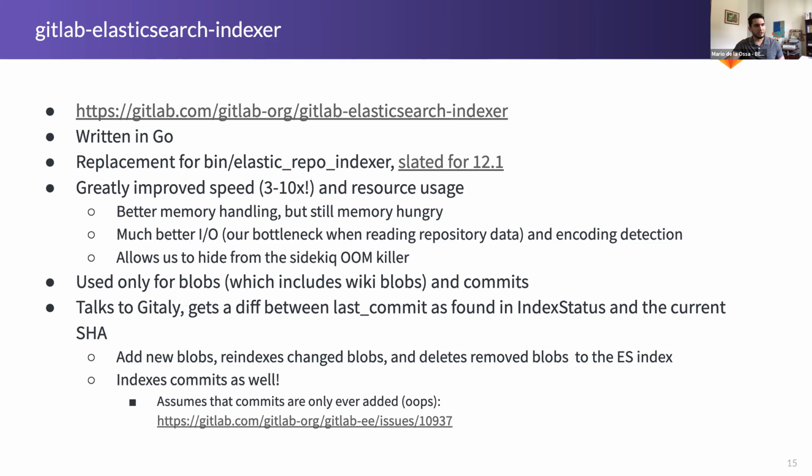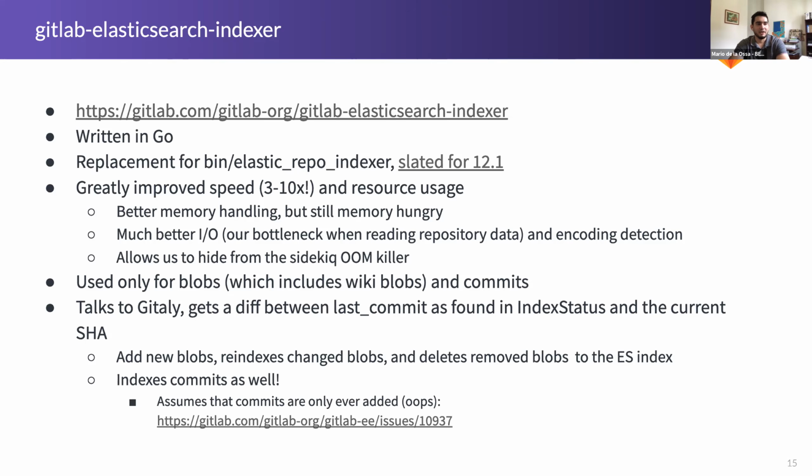I do not quite remember what the limit is right now, but it is in the code base somewhere. 5 megabytes, I think. I could be wrong. Right, and 5 megabytes is actually very, very large text files. So it's a very reasonable limit. So it talks to Gitaly, and it gets a diff between the last commit as found in index